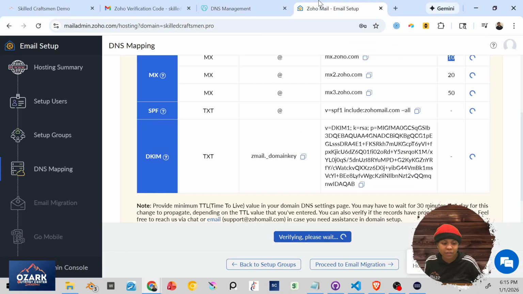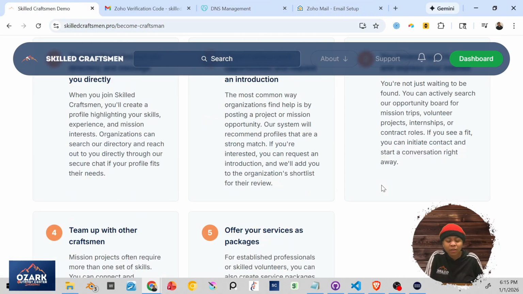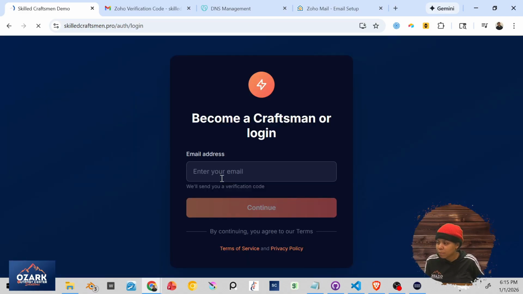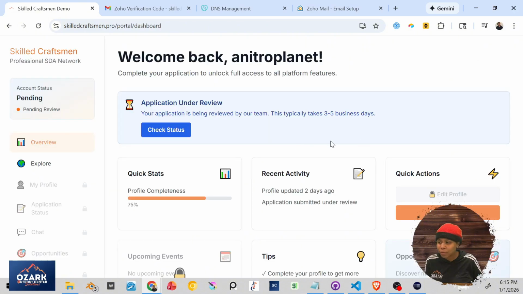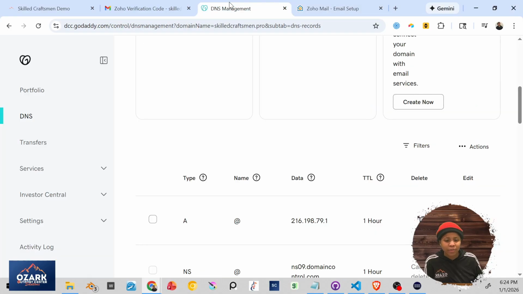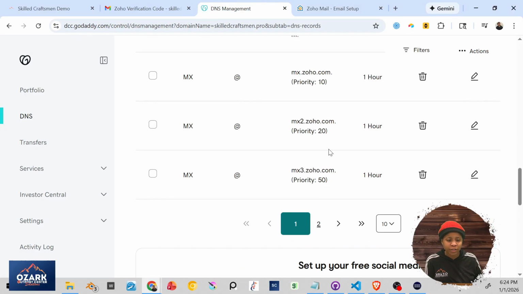Let me check this. Wow, it's still loading. Okay, so you can go here, hit start your application, and obviously you'll be here. It says become a craftsman or log in, and yeah, it'll walk you through the process. Okay, great. I'm gonna hit verify again and see what happens. I believe all these records are in here alright, 1, 2, 3, 4, 5. Okay,